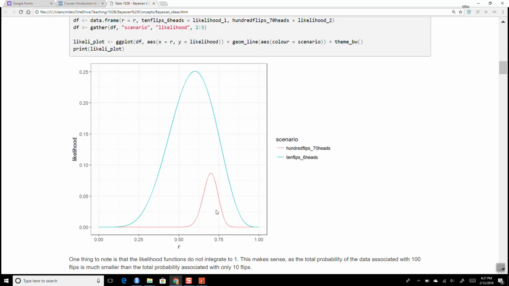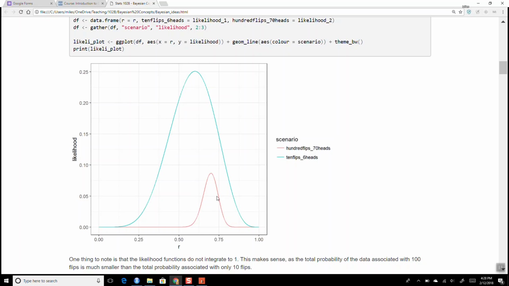And that's because likelihoods are not probability functions. Probability functions must integrate to 1, likelihood functions do not, which makes sense because the scenario of getting 6 heads out of 10, overall, that likelihood is much more likely than the scenario of getting 70 heads out of 100. Okay, even if we consider all the different possible outcomes of R,